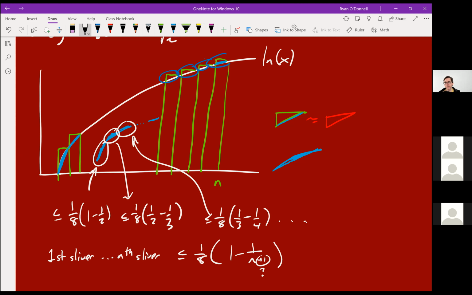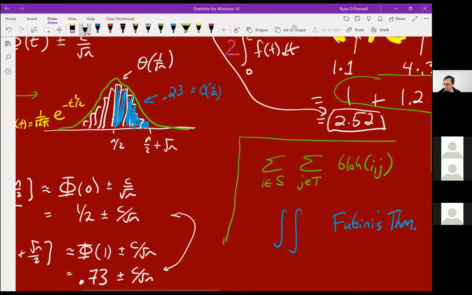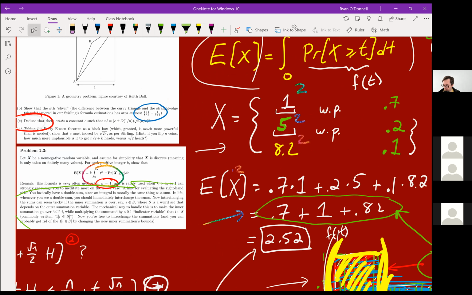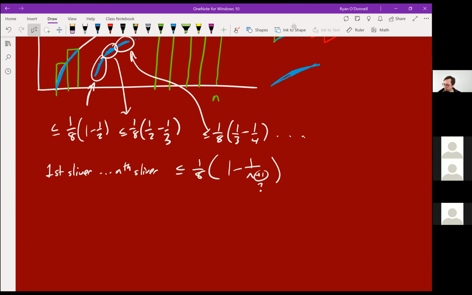So do you know the exact sum of the area of the slivers? No. Okay. Do you need to know the exact area of the slivers to solve the problem? I think no, but the constant is not enough, I think. The constant here is not enough, because we get the same C for both the upper bound and the lower bound. Right. So you're saying we have an upper bound